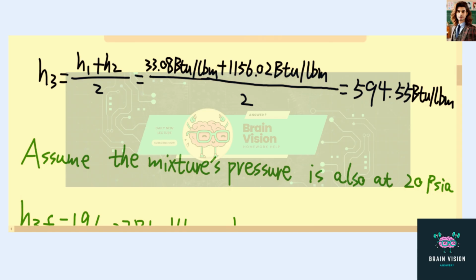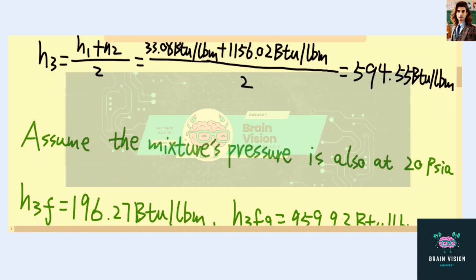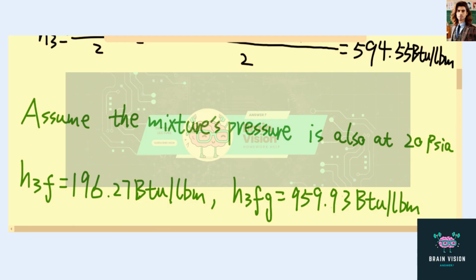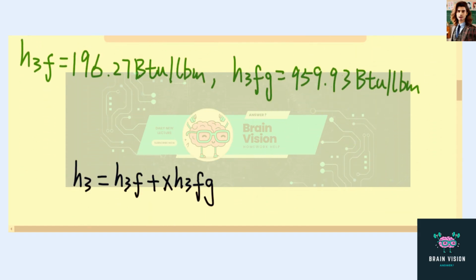So now let's assume the mixture's pressure is also at 20 psia. So now if we take a look at the table, we'll have the enthalpy for the saturated water, which is H3f here, is equal to 196.27 British thermal units per pound mass. And the enthalpy for the evaporation is H3fg here, which is 959.93 British thermal units per pound mass. Now we can determine the quality of